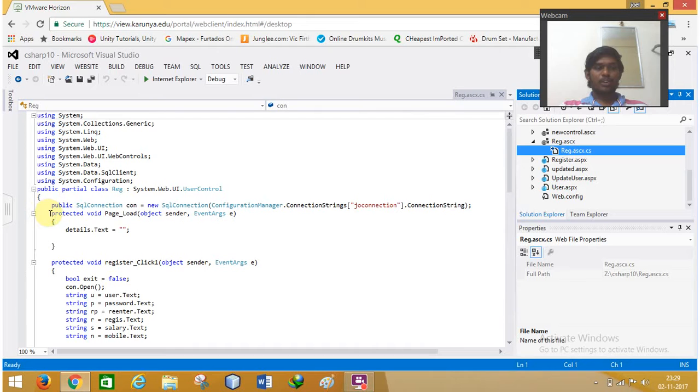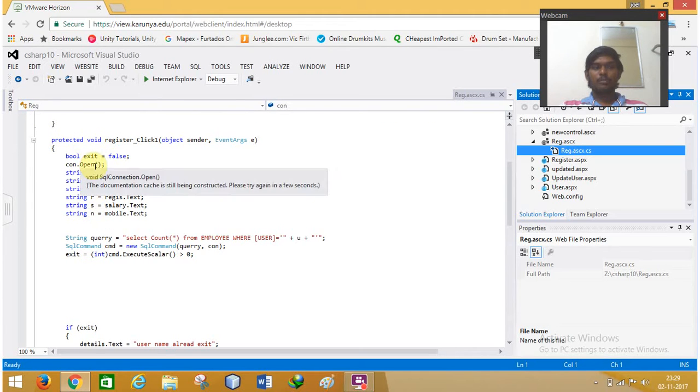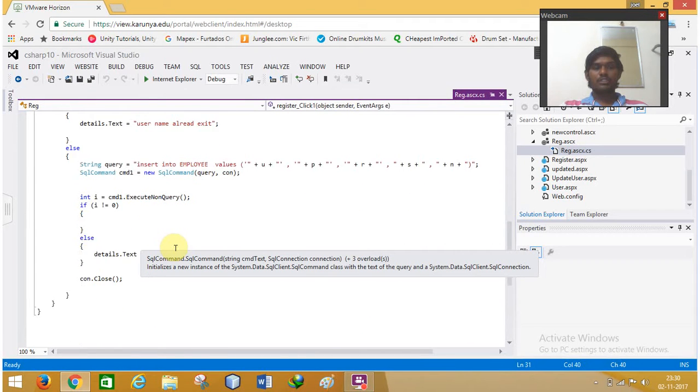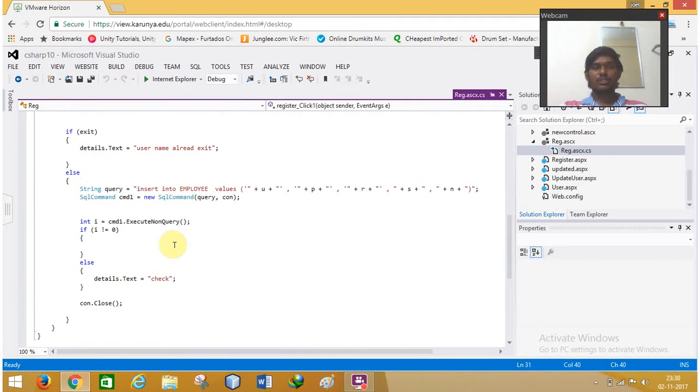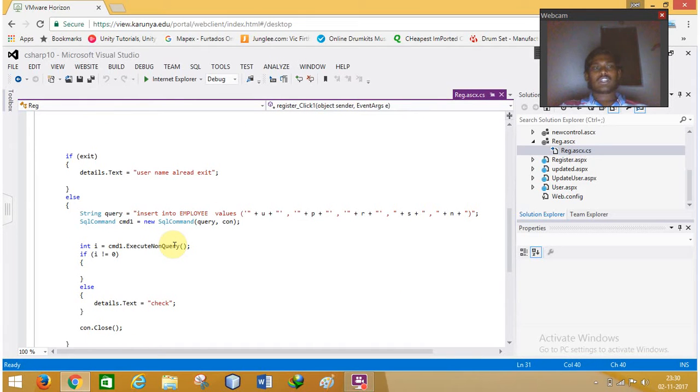Then protected void Page_Load. So this is the page loading I have. Then I'm opening the connection and doing the query for it, then displaying which page I need to go to. So this is how we can actually do this. So when I run this code,